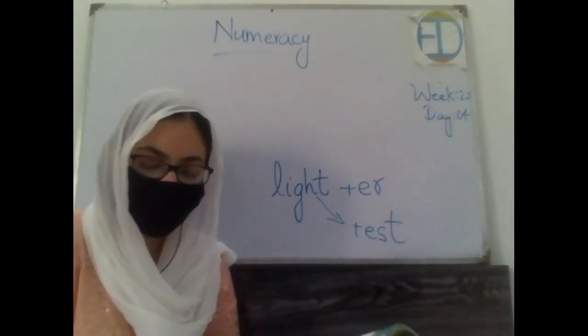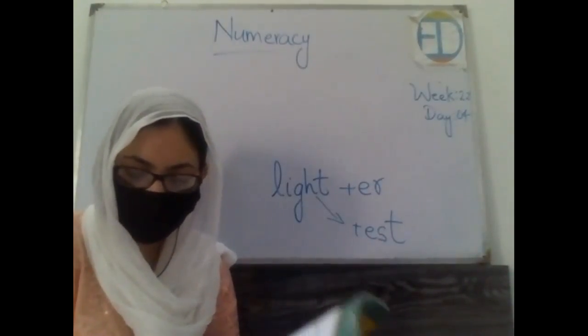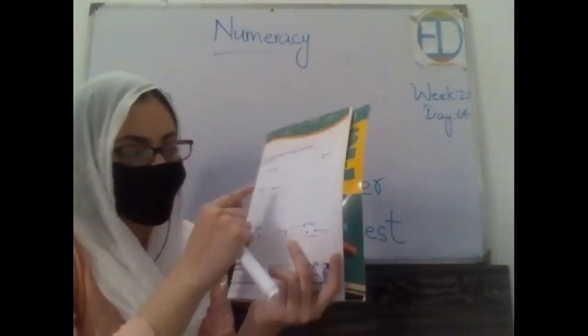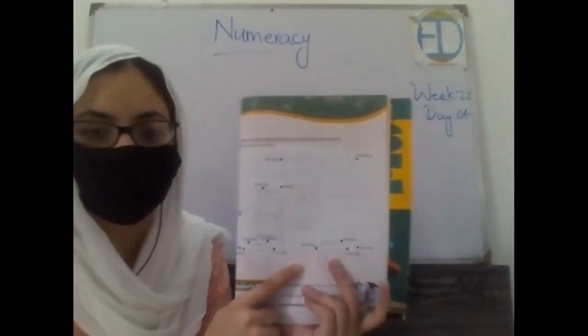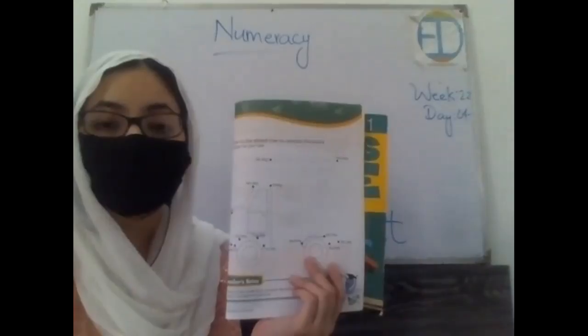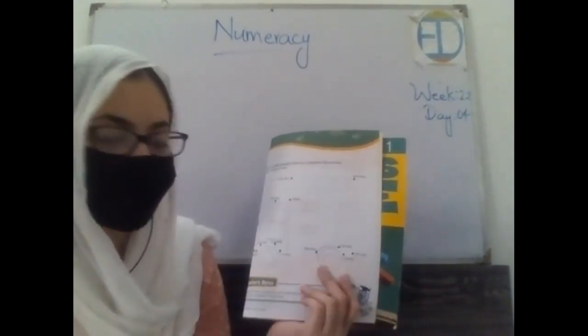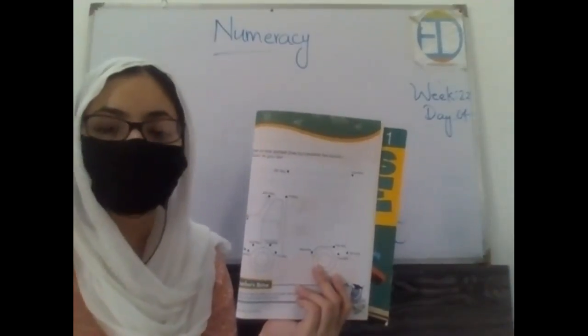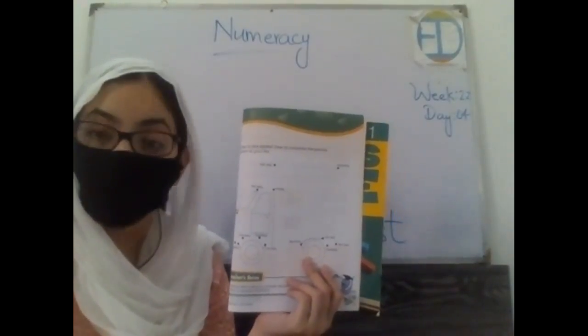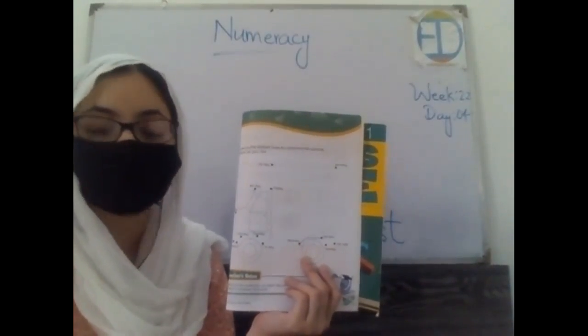Okay. Now on the next page, there is an interesting activity. You are supposed to join the dots, and then a picture would appear in front of you. You are supposed to do this at your home. With the help of this, you will also revise the names of the days. Okay. So I want you to do this at your home. This is your home assignment for today.